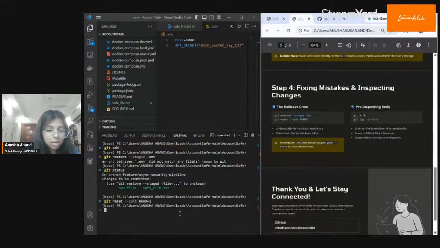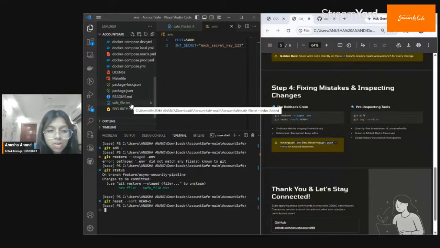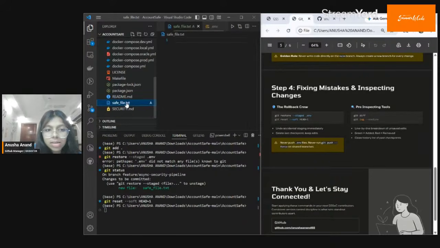So as you can see, the .env file is not there anymore in the staged files, and I've also added a new file called safefile.txt, and I'm going to add this file. I haven't written any content here, and maybe I accidentally added this file. I'm gonna add this again for the demo,